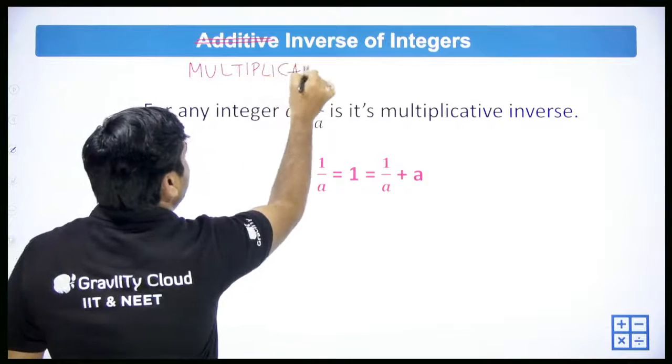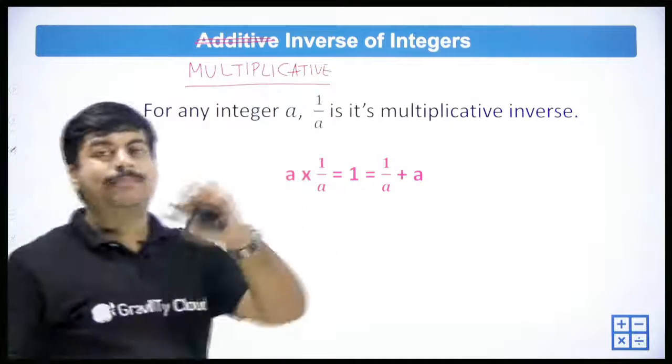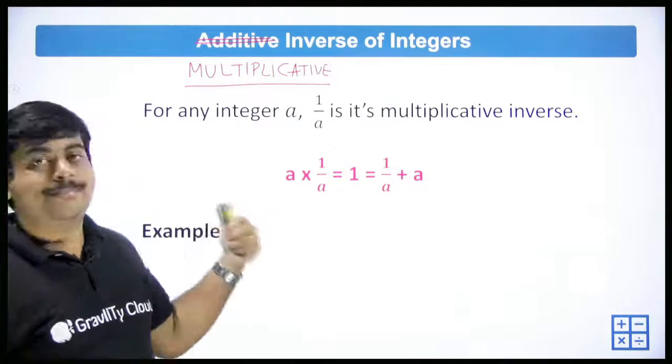This is a multiplicative inverse. That means we are multiplying. Additive inverse we have already discussed. For A it is minus A. Here, for a multiplicative inverse,